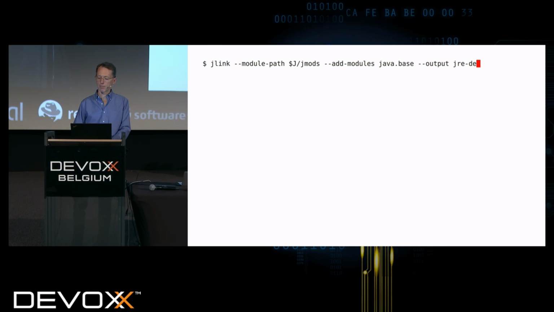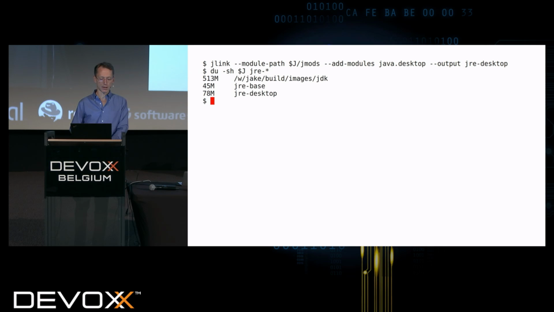I'm going to make a desktop JRE. I'll ask it for java.desktop. I don't need to ask it for base because just desktop will pull base in for me. JLink that. How big are the results? Well, the desktop image is a little bit bigger than just the base image, but it's still way smaller than the entire JDK. And given JRE desktop, let's see, in Java list modules,